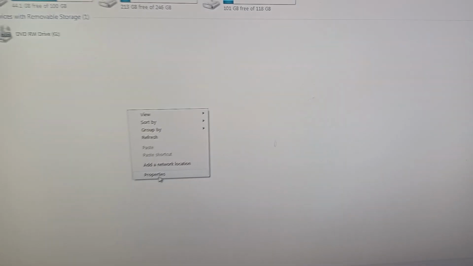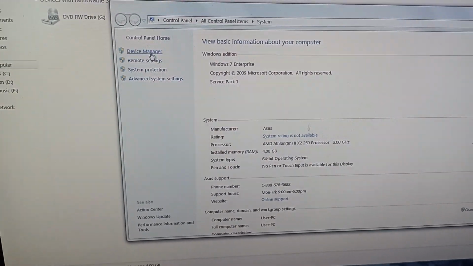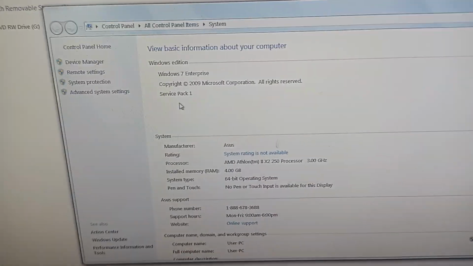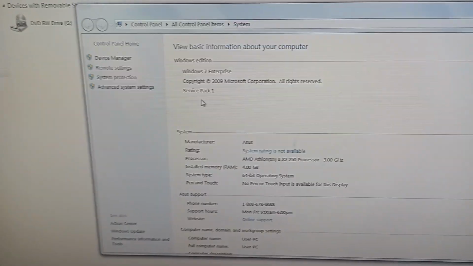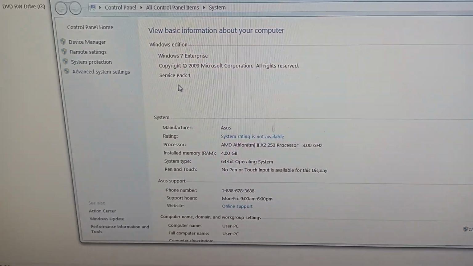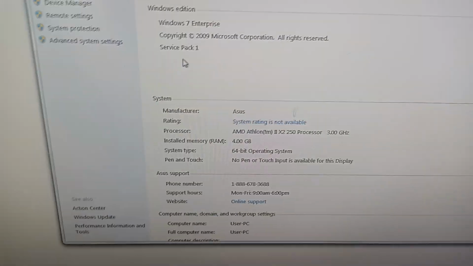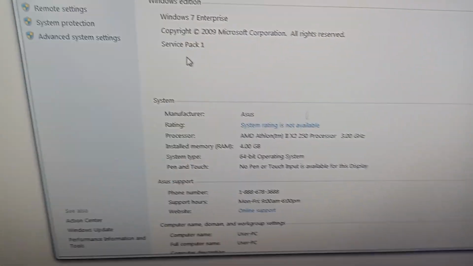Hello FYP-academy viewers. When a blue screen is due to graphic cards, after you can enter into your Windows by pressing F8 and then Safe Mode, and then you disable your graphic card, or anyway you could